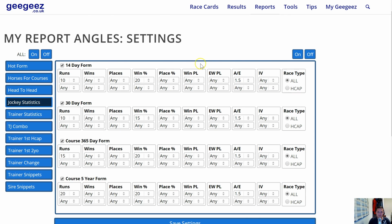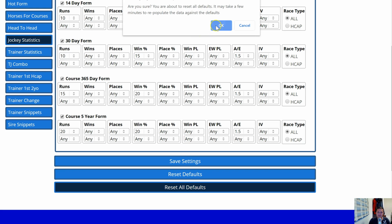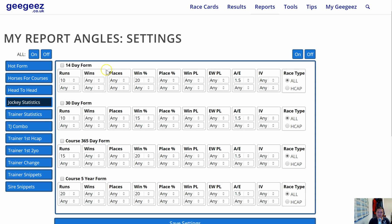Right, so what are we going to do? The first thing we can do, if you just want to get some of this data feeding into your race cards when you're looking at the racing, simply reset all defaults, and then it's probably going to take a little minute to do that. It says saved, and it's turned them all off. You can turn them all on just by clicking this all on button here. So if I just click that,